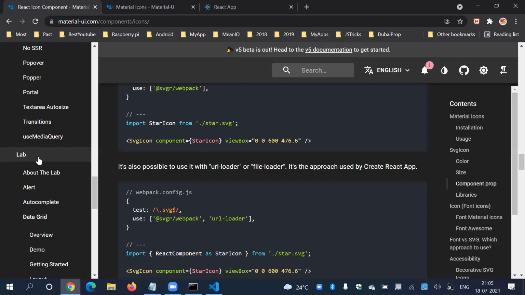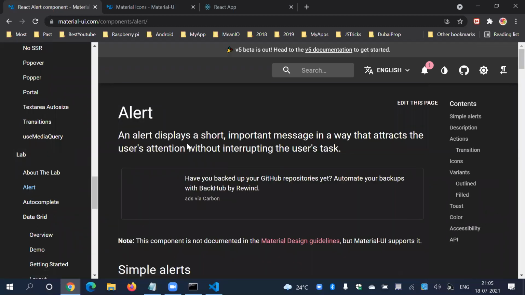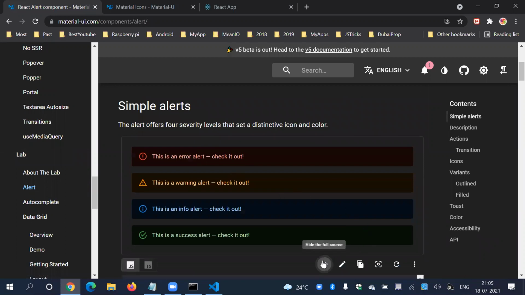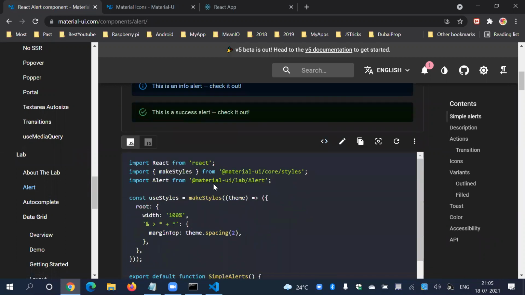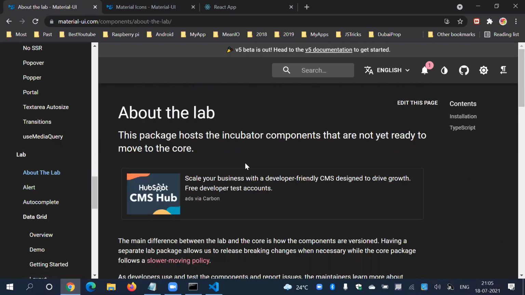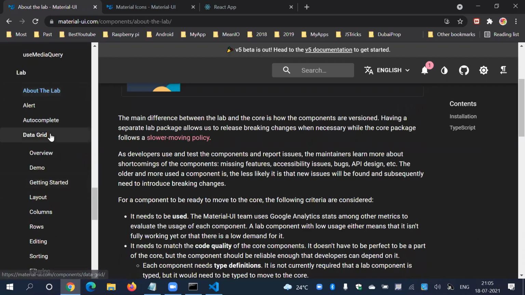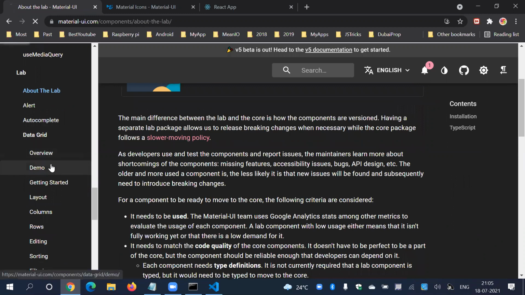So I think you can use icons now. This part is also important, guys. You can't use this part directly. What we can call alert, because if you go into the code, you will find there is a different package. You remember that we installed material core and material icon, but material lab is pending, right? So click here. If you want to use a table, here is data table.